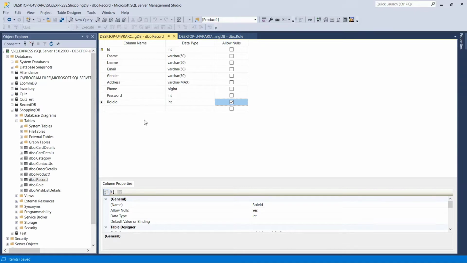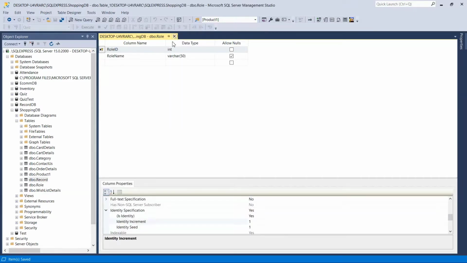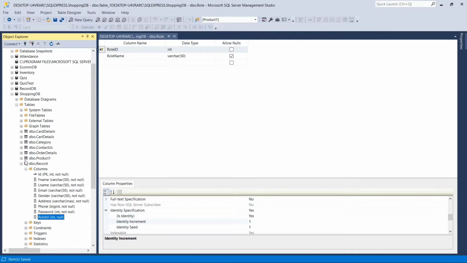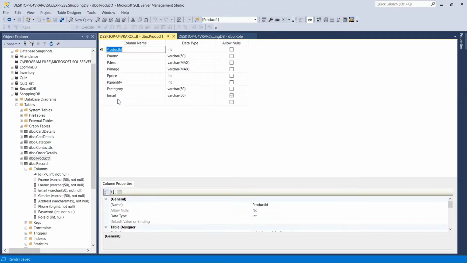Save it. So a new column has been added. Now the second table, the product one table: here also we need to add the role ID column. Save it.